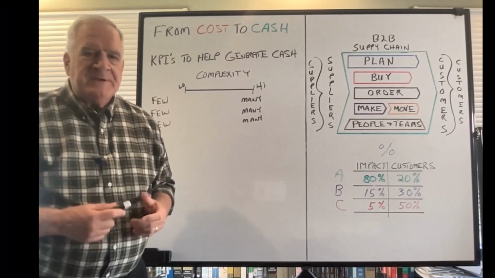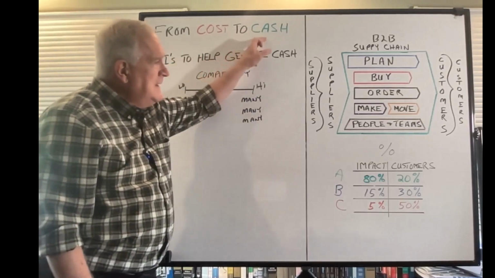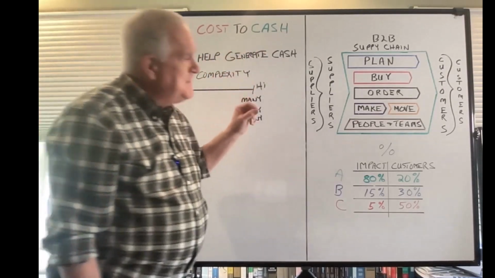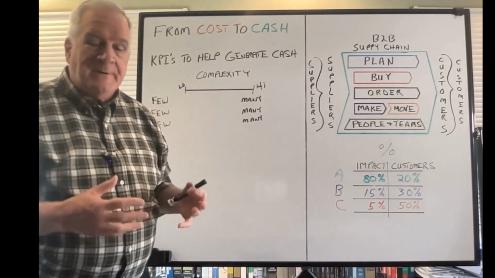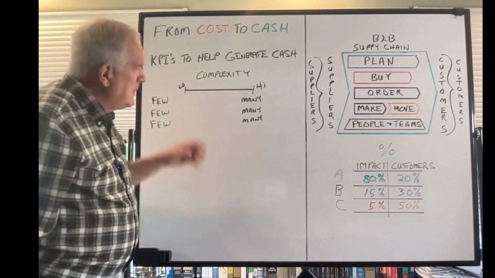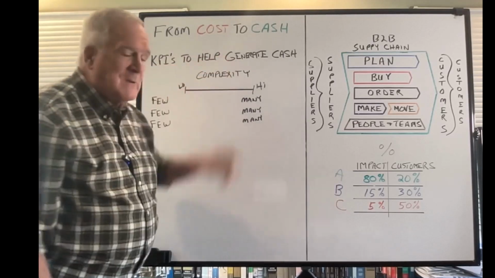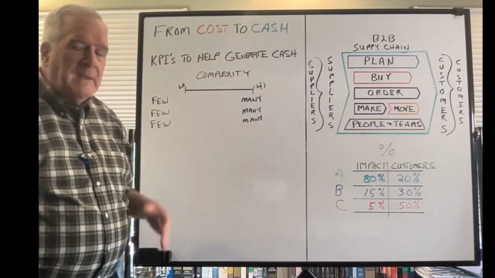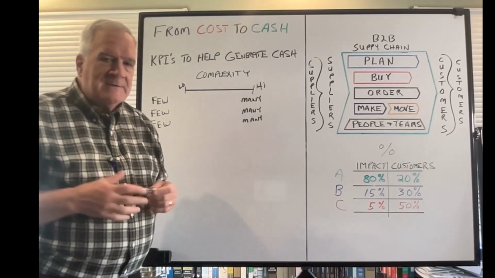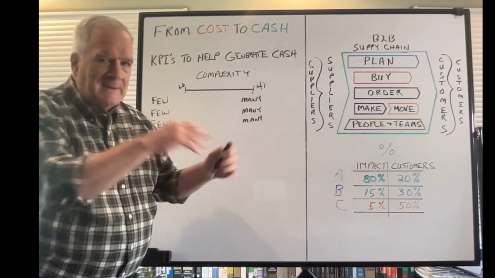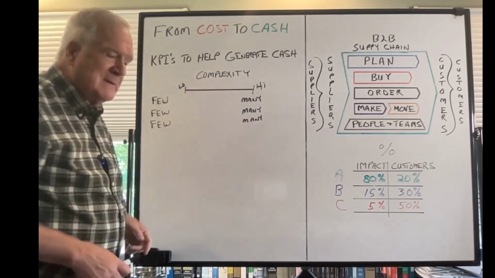Our session today in our journey from a cost focus to a cash generation focus is going to deal with an element of management that supports the entire supply chain operations framework in trying to generate more cash. And it has to do with what are called key performance indicators and which ones help us generate more cash. There's a lot of debate about how many KPIs you should have. Some people say no more than 3, others allow more. I'm going to propose it depends on the complexity of your business.